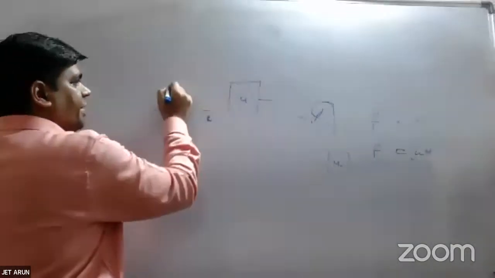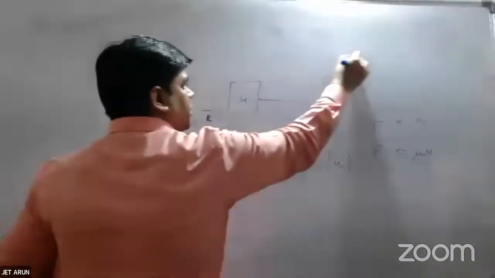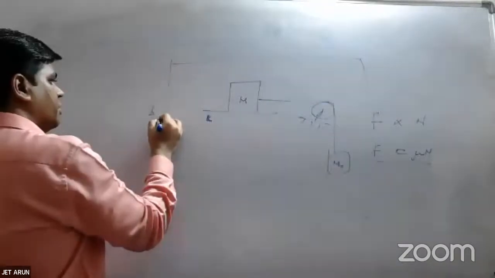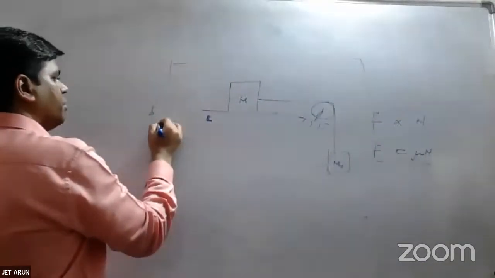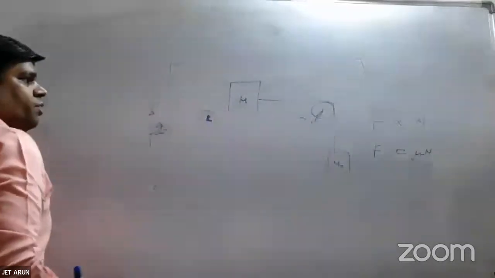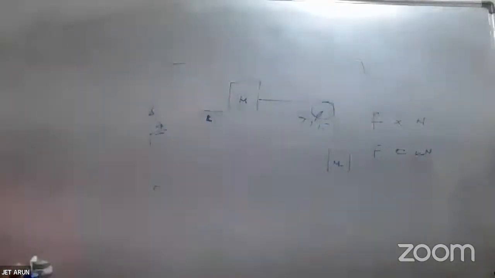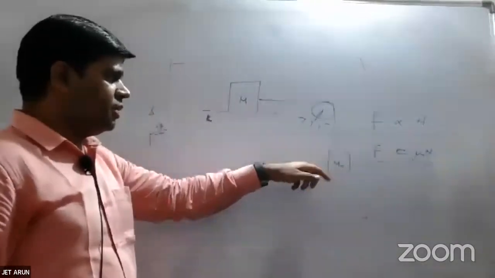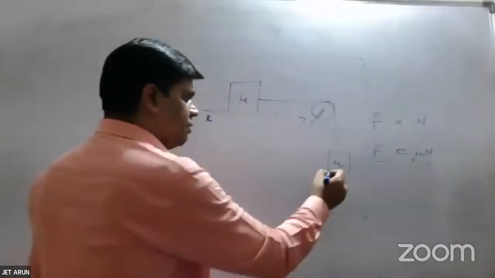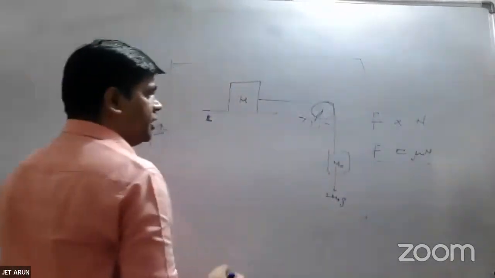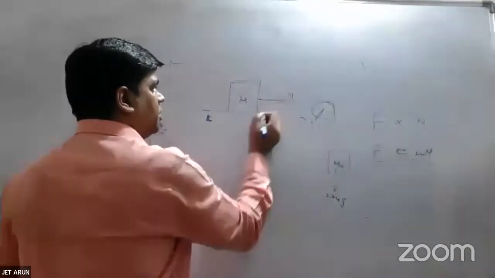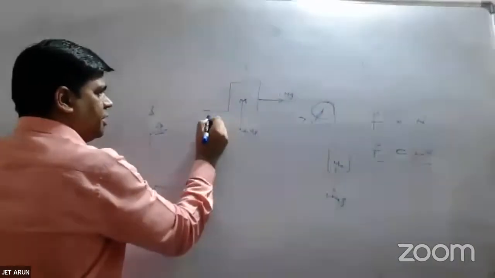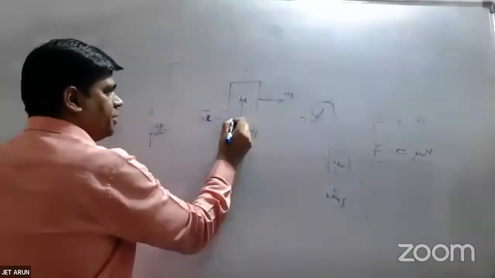If I take this in a lift, moving upward with acceleration G, will the system move? There is a pseudo force mg downward. So here it is m naught G plus G, which becomes 2 m naught G. Normal reaction becomes 2mg. So limiting friction becomes 2 mu mg. So 2 mu mg should be greater than or equal to